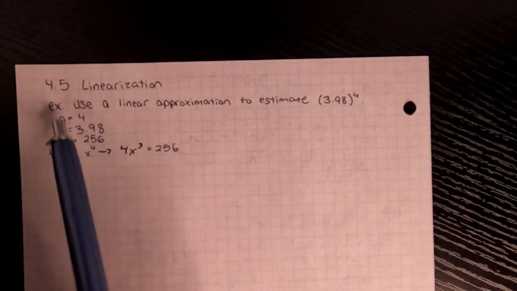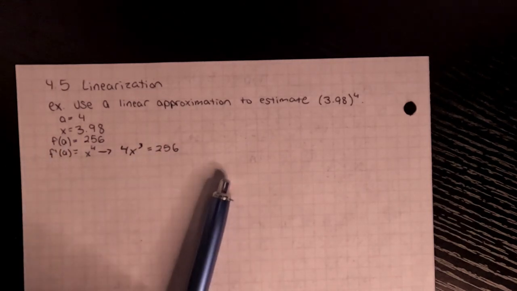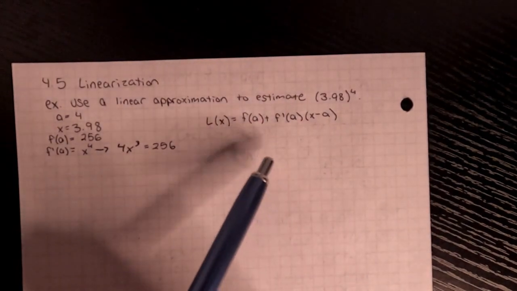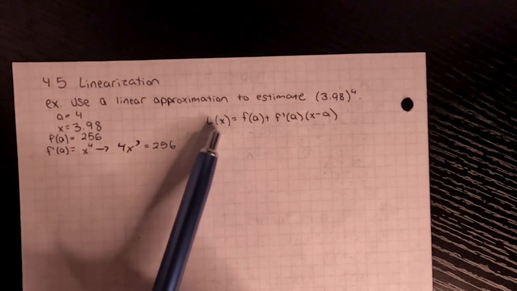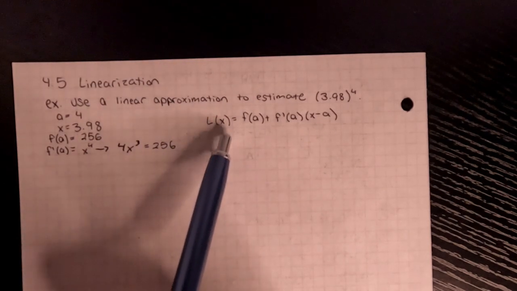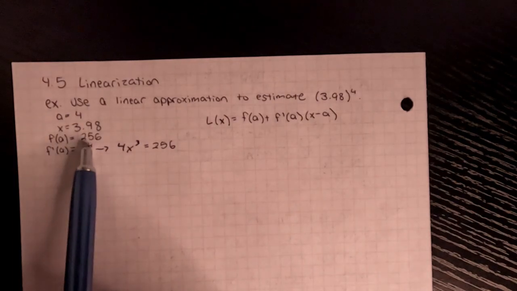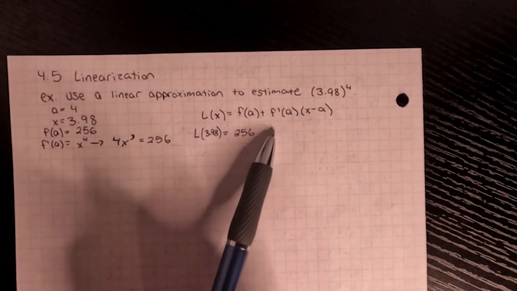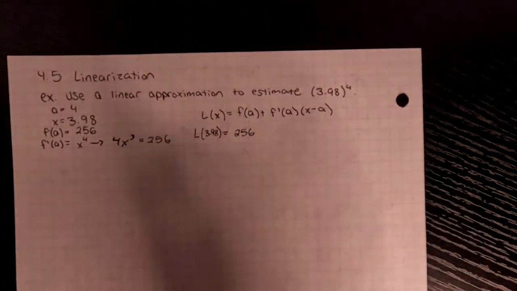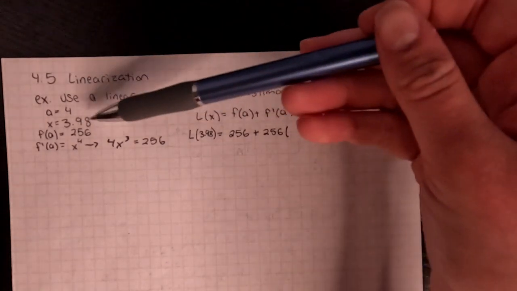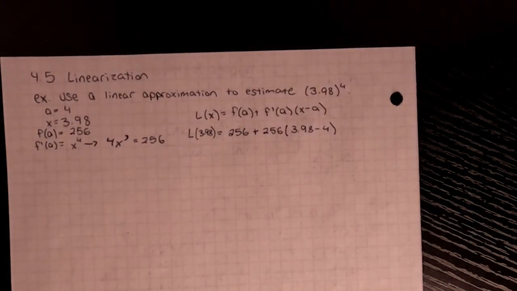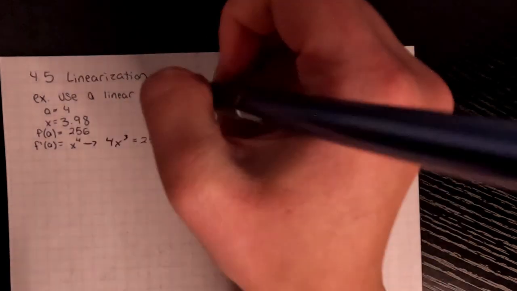And we want to use all of these values to plug into this equation right here. So you're going to want to do L of x, so that our x would be 3.98, equals f of a, which is 256, plus your answer from plugging your x into the derivative, which is also 256, and then do x minus a, which would be 3.98 minus 4. So that would be our equation, and then we can solve that, and when we solve it, we get L of 3.98 equals